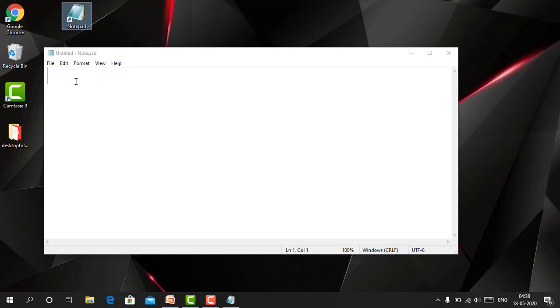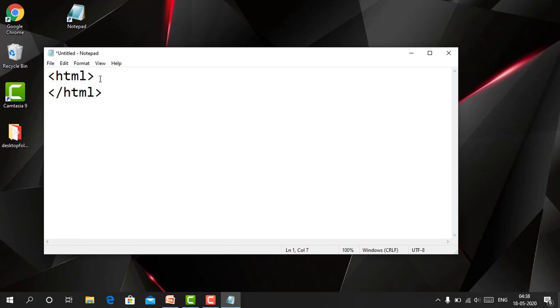Firstly, to do HTML tagging, you have to use the HTML tag. We write the HTML tag in angle brackets, and to close it we write the closing HTML tag in angle brackets.